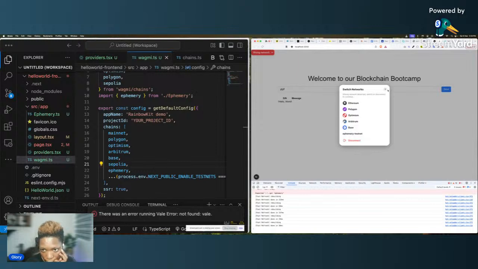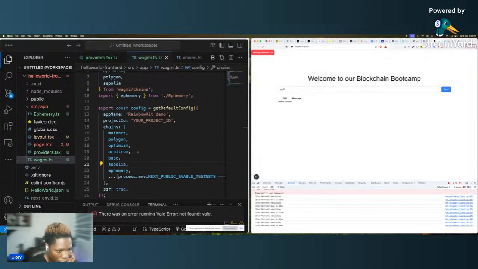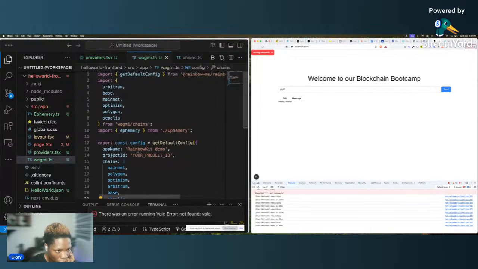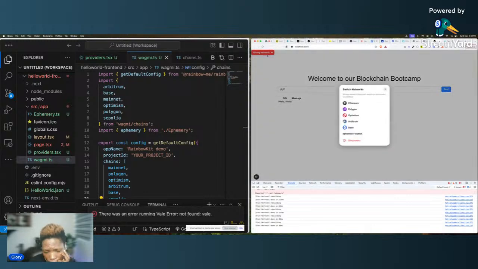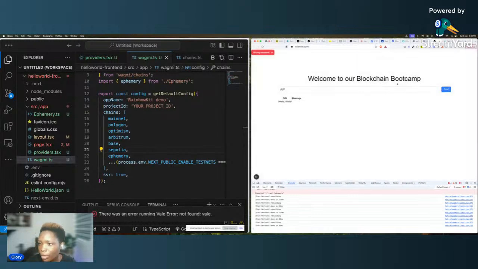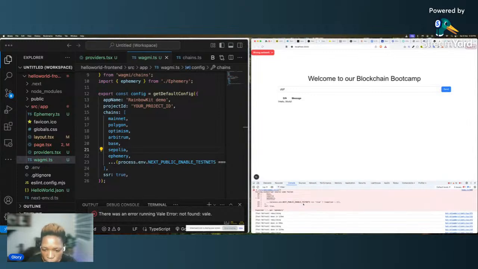I thought Polygon is Sepolia. Polygon, Optimism. Sepolia. Yeah, so by default, Sepolia is one of the supported networks. And Sepolia is also on MetaMask by default, and that is not really giving any issue. But